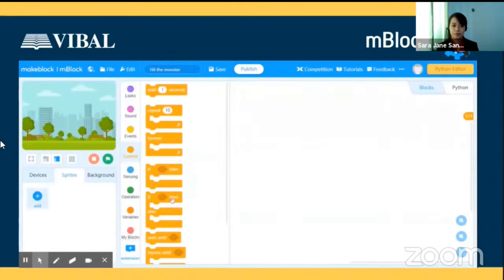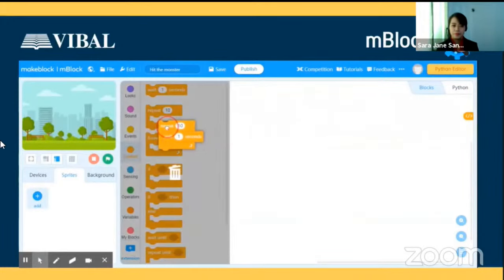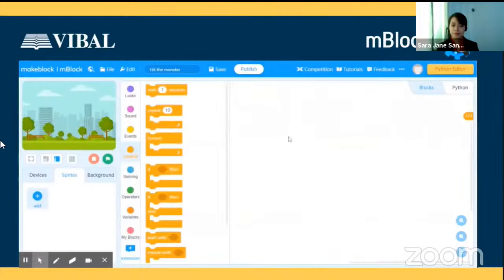Now, this one naman, what we have here, this area is what you call the block palette. And eto mga to, we call this one the blocks. Okay? And then this area, yung empty area, we call it the script area. So dito natin ida-drag and drop yung mga commands or yung mga blocks para makagawa tayo ng command para sa makikita natin dito sa display area or the stage. Yan. So as you can see, kapag drinag ko dito and then release, madidelete siya.